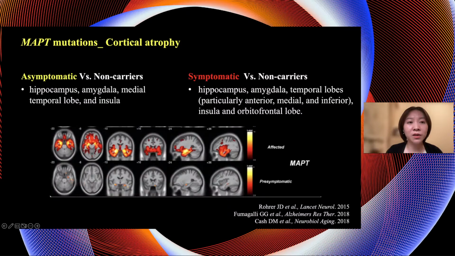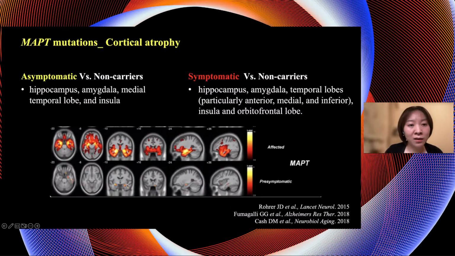These are cross-sectional studies that have previously been reported. That's what we're doing there. They compare the asymptomatic versus the normal controls, who are non-carriers, and symptomatic MAPT mutation carriers versus non-carriers. So you see that